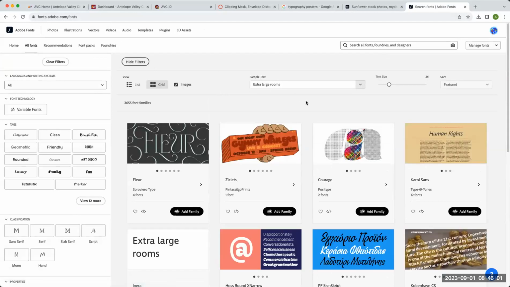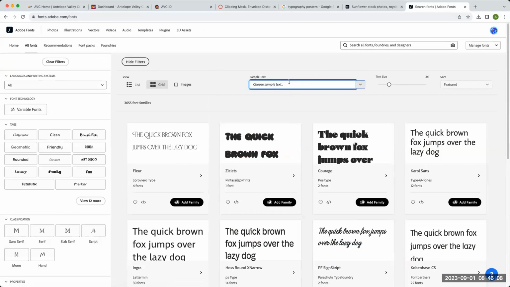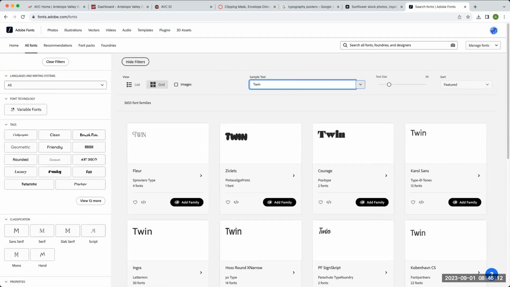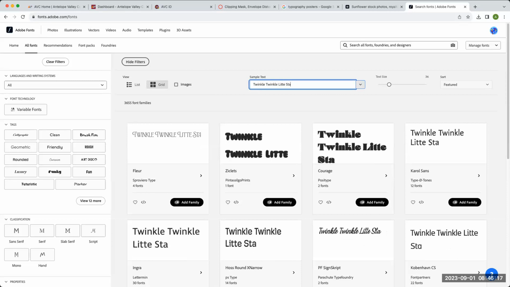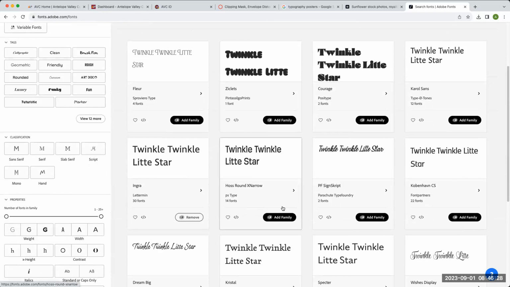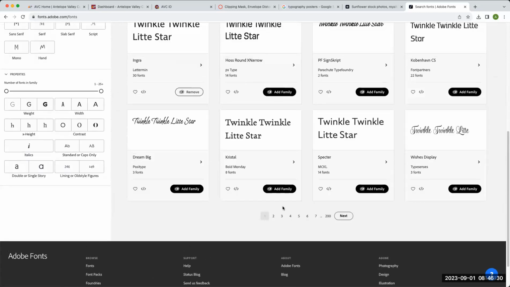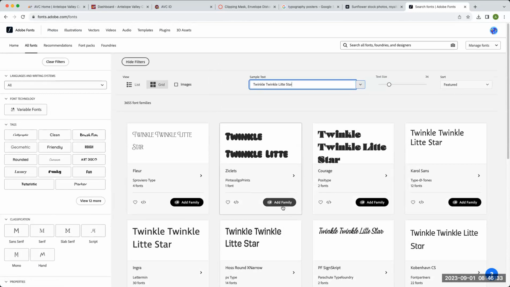It shows you all of the fonts that are in the Adobe library. And you can type right here where it says sample text. So if you're like, do "twinkle, twinkle, star." Okay. So if I wanted to do something with that phrase, I can type that in there and it will show me what those words look like with all of the different fonts that are in the Adobe font